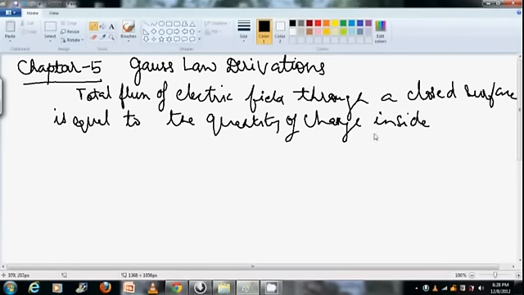In the last class we discussed the importance of inside the closed surface